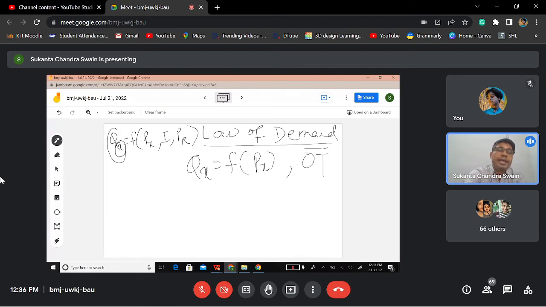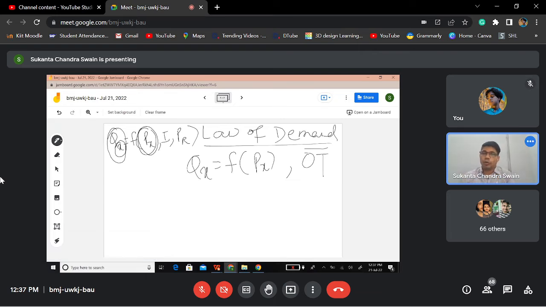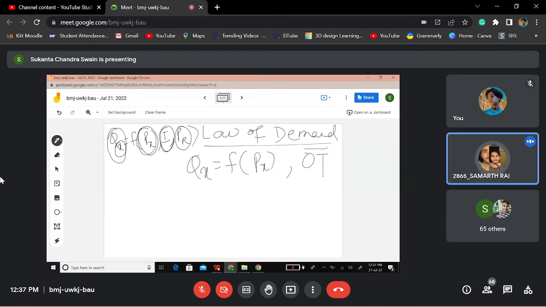So demand for X, Q means quantity demanded. Qx is a function of price of X, means price of the same commodity, I, income of the consumers, and PR, prices of the related commodities. That could be substitute, that could be complementary. Okay, so got it, sir. So I was a little bit confused in the Px and PRs. Okay. Px and PR. Now,